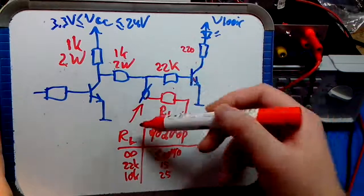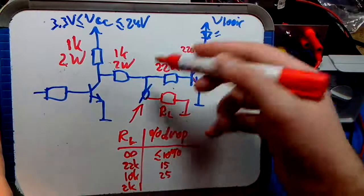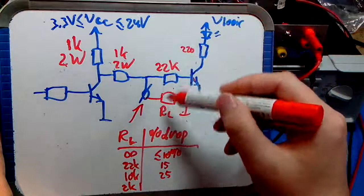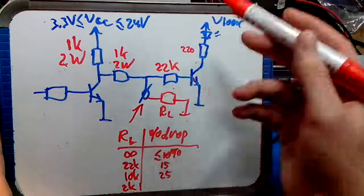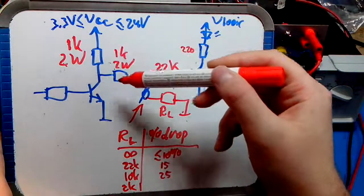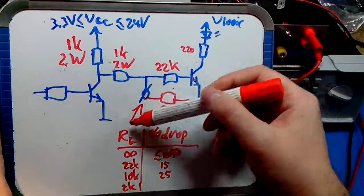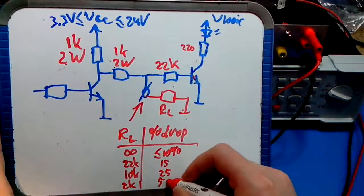And then, well, in the case RL is, let's say, 2K. 2K is getting a bit silly, because you can now ignore this 22K resistor. It doesn't influence the parallel resistance of 22K and 2K. The 22K is really much too big. So you now have a voltage divider on one side 2K formed by these resistors, on the other side 2K formed by RL basically. So the voltage at this node would be about half of VCC,